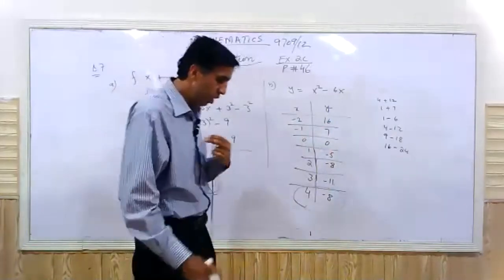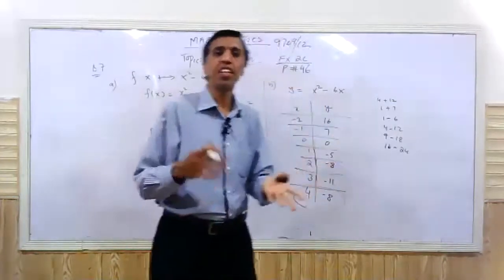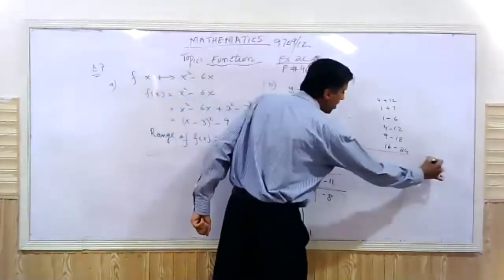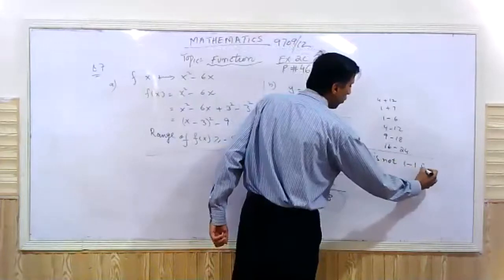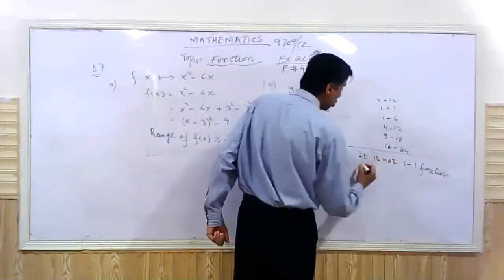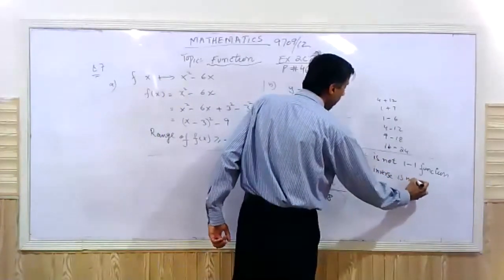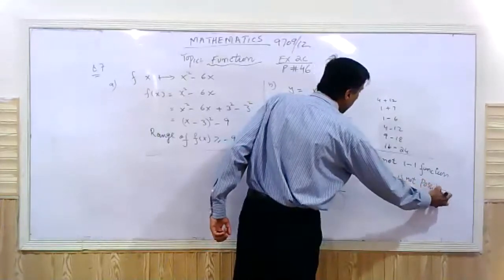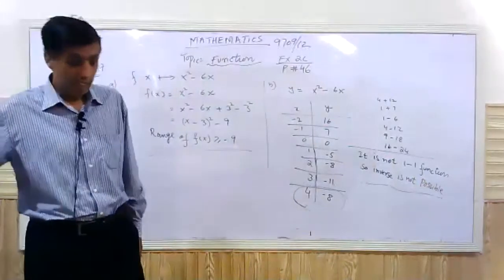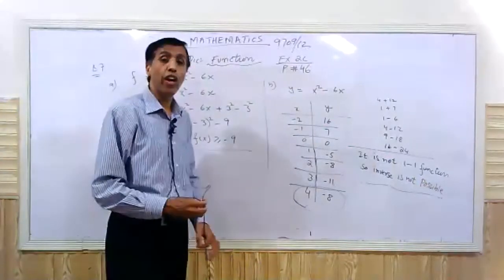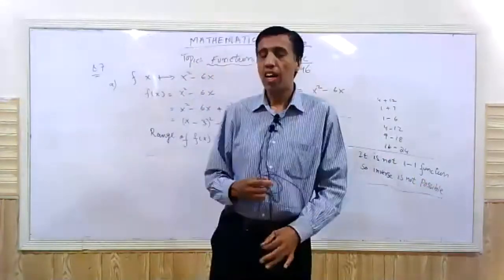Because the definition of inverse is that the range cannot be repeated. If it repeats, it is not a one-to-one function. Now the reason we will write: it is not a one-to-one function, so inverse is not possible. This is a test: you have to make a table, and if the value of y repeats, it means it is not a one-to-one function. This is a 1 mark question, Cambridge always asks it.